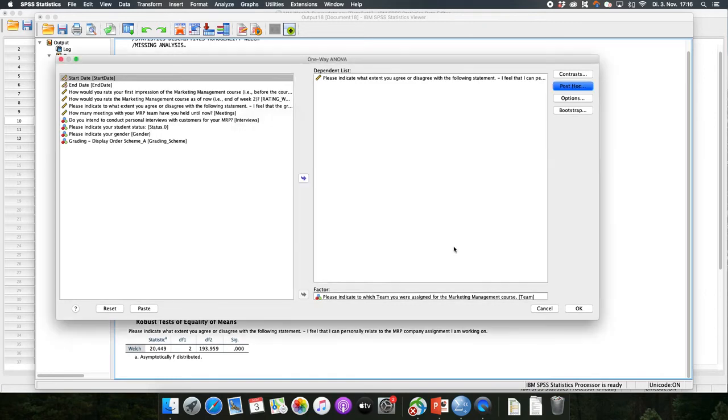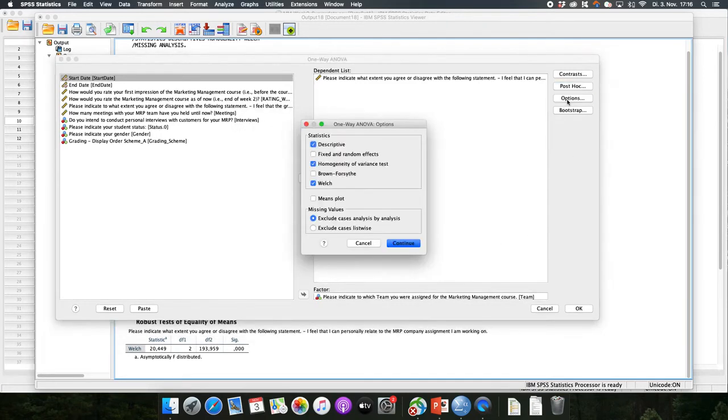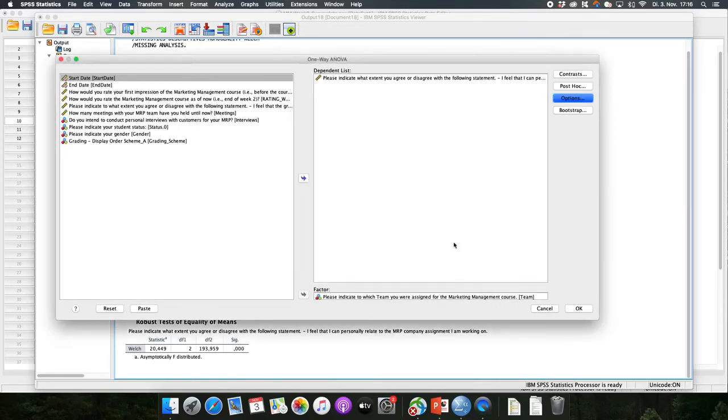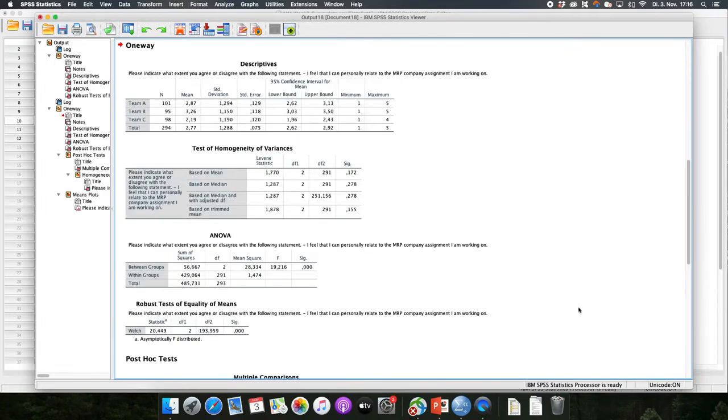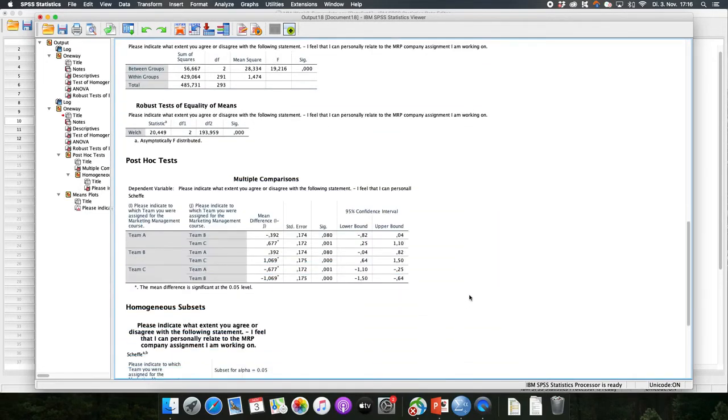We can then hit Continue, and something that is also helpful for the ANOVA is under Options to indicate that you would like to have a means plot, a visualization of the means, when we move on to the interpretation. If you hit Continue, OK, SPSS will reproduce the output that we previously had, and in addition it'll